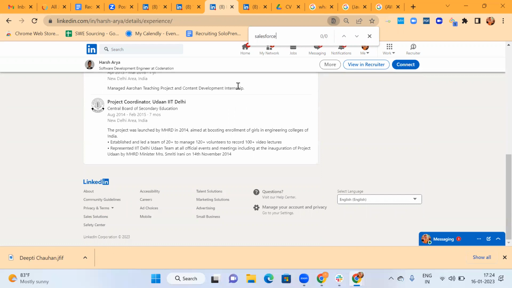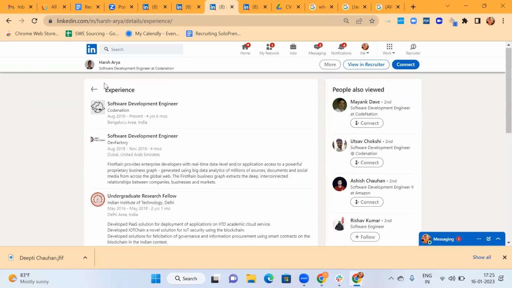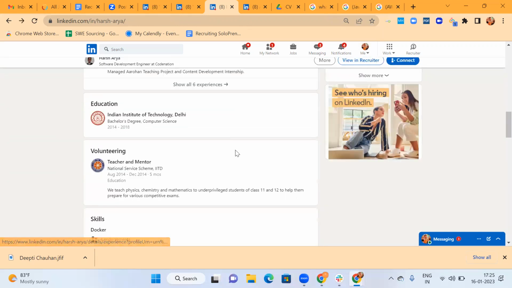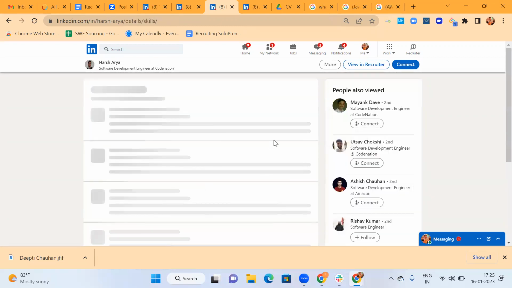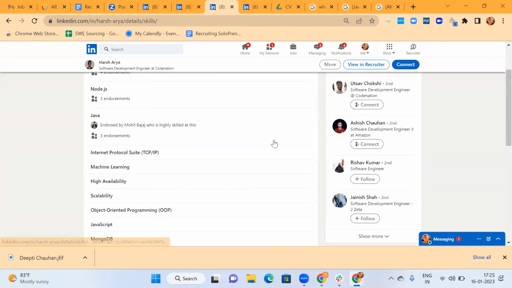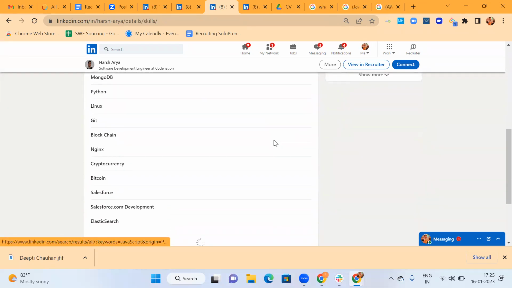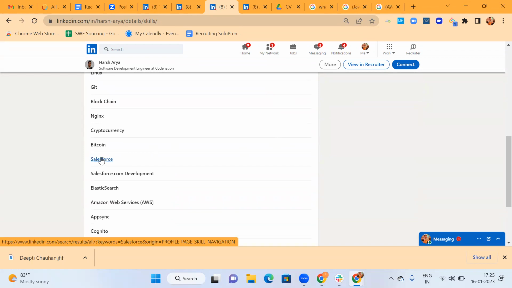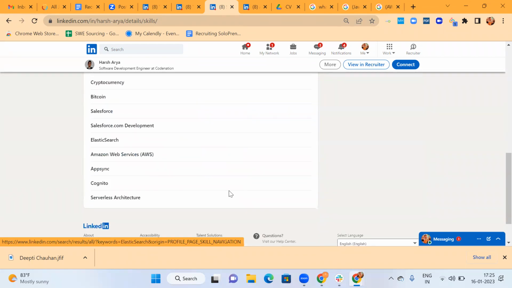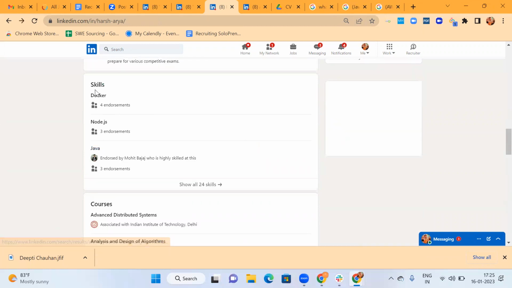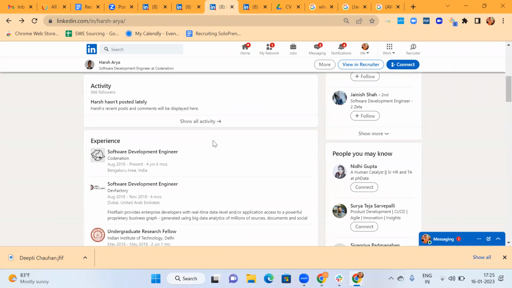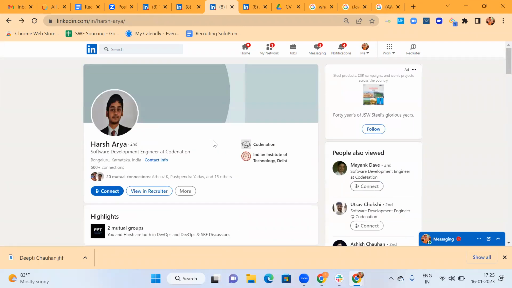Salesforce 0 of 0 in experience. So let's go to skills. So here it is Salesforce. Okay, so it was the fourth profile. Similarly, now if you see, we got all three keywords, but Salesforce is somewhere, development is somewhere,